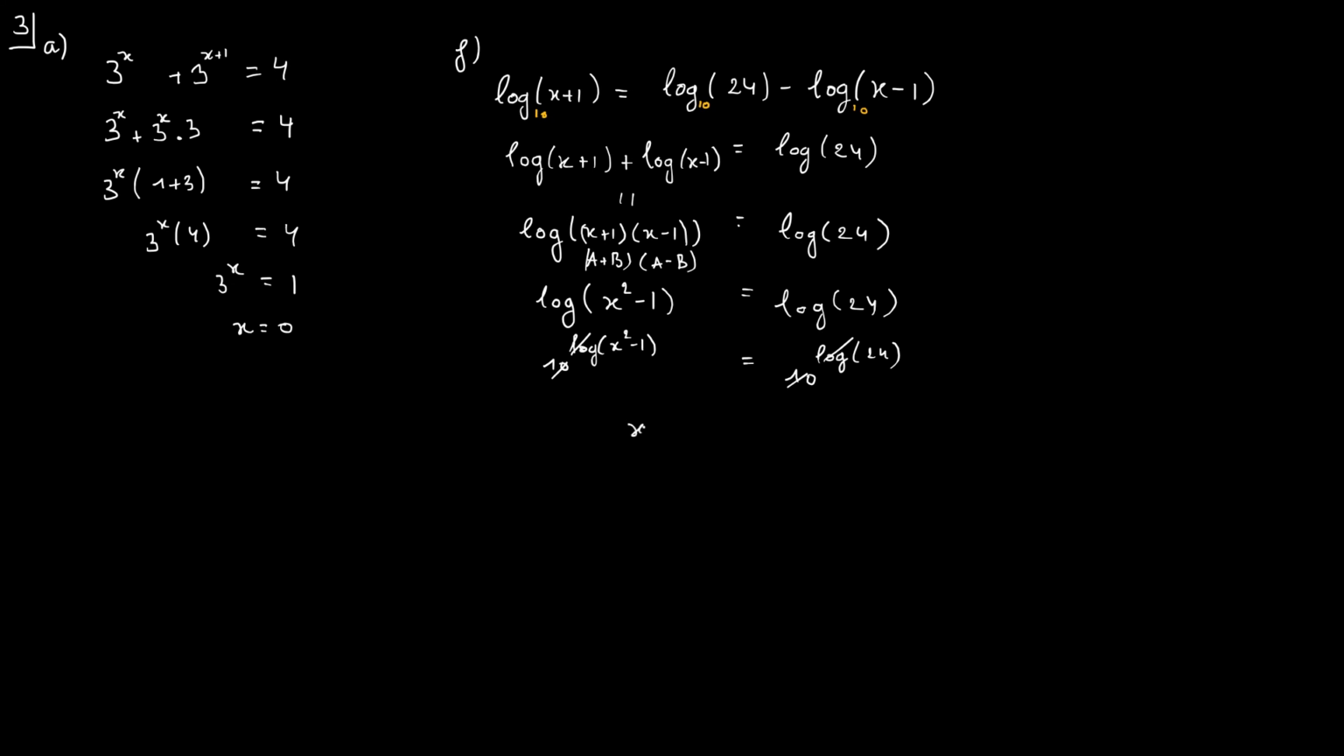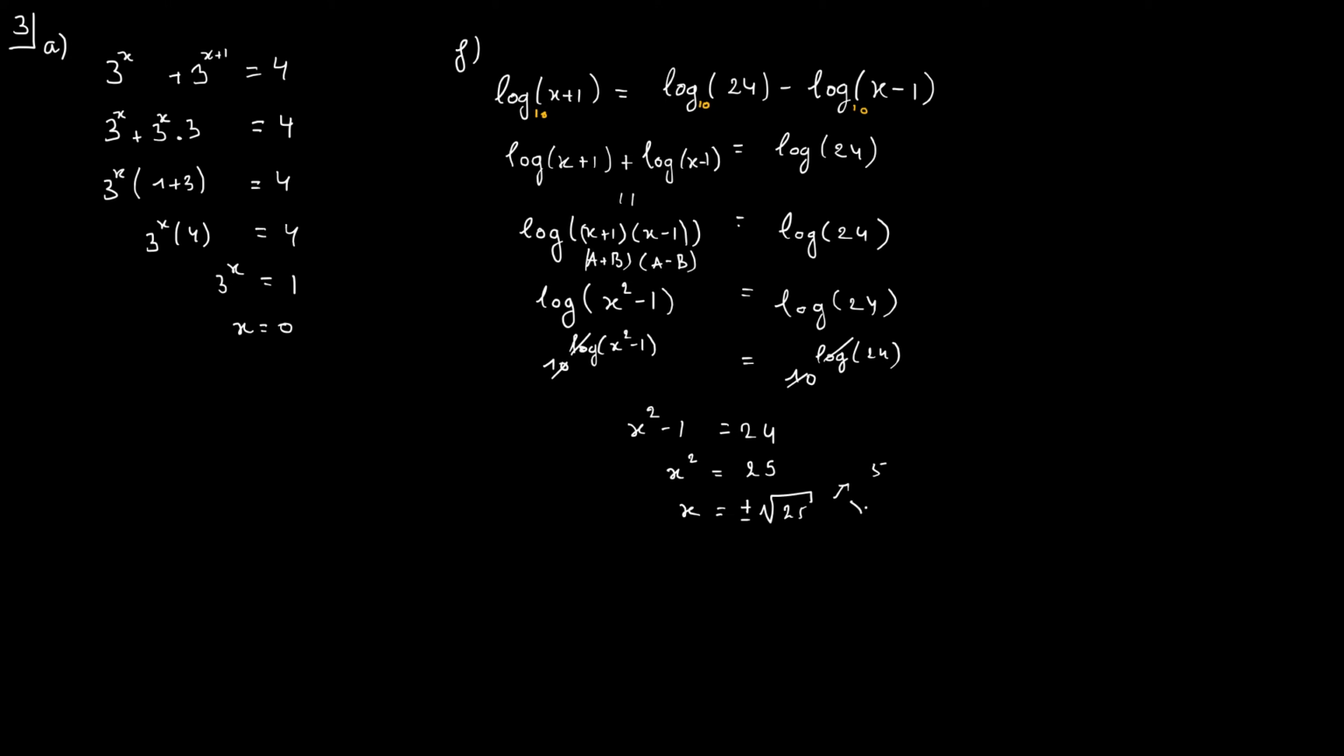So what are you left with? You're left with x squared minus 1 is equal to 24. You could, of course, already have noticed that this is what you were going to get here. This is more like an in-between step if you would like. So you find that x squared is equal to 25, or in other words, x is equal to plus or minus the square root of 25,